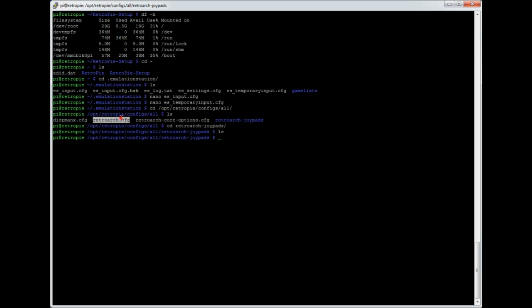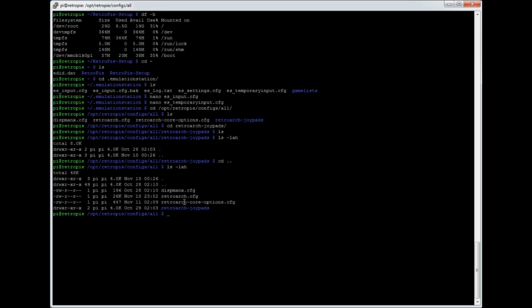Right, okay, so we're going to have a look at this file here, and you'll be able to tell that it's been recently edited. If you type ls -lh, oh no, back a directory, do that again. You can see that retroarch.cfg got edited much more recently than the default timestamp of October 28th, which is when the latest RetroPie release came out. So you can see that something's written to it. And if we edit that now,